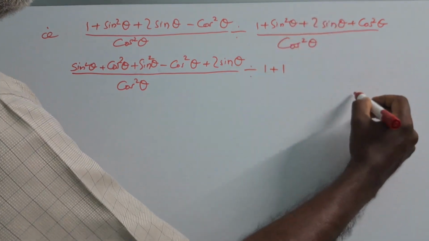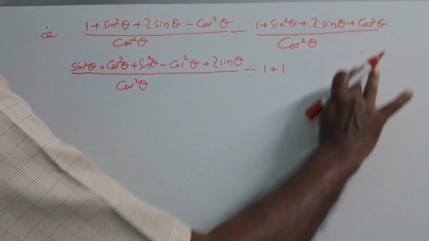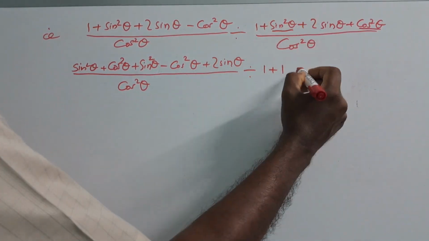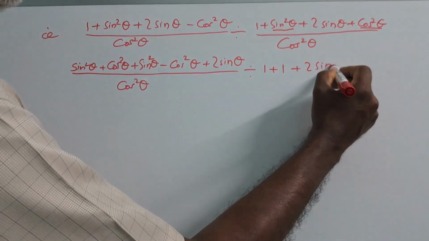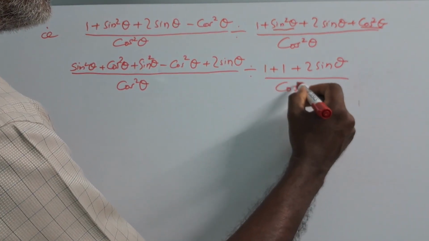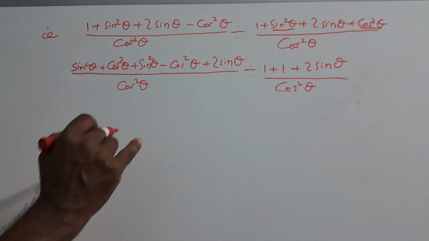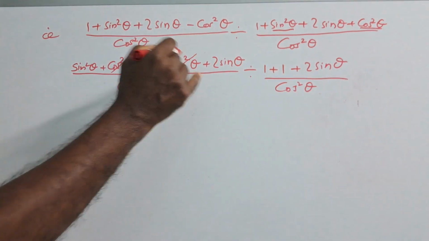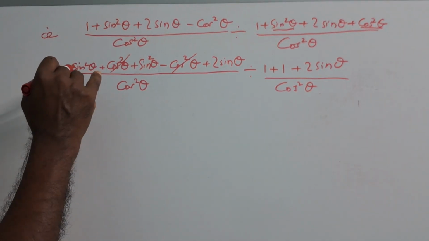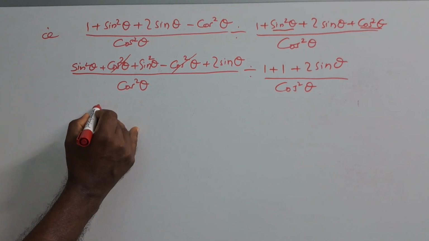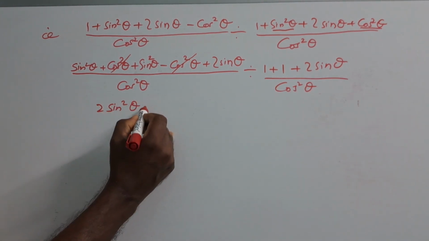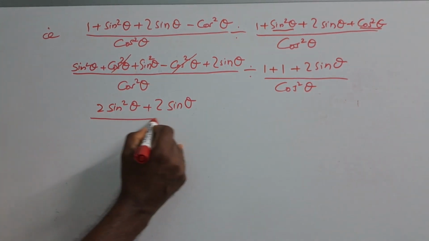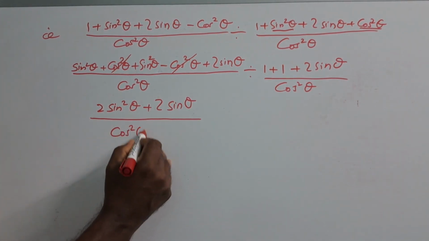Here sin square theta plus cos square theta is 1. 1 plus 1 plus 2 sin theta divided by cos square theta. Here the cos square theta and minus cos square theta, when you add these two, you get 0. Sin square theta plus sin square theta, 2 sin square theta plus 2 sin theta divided by cos square theta